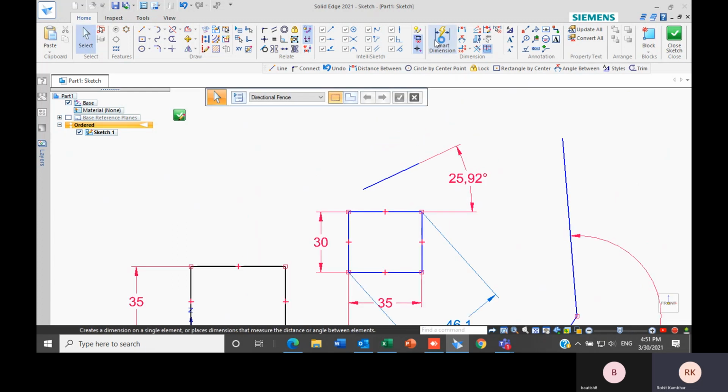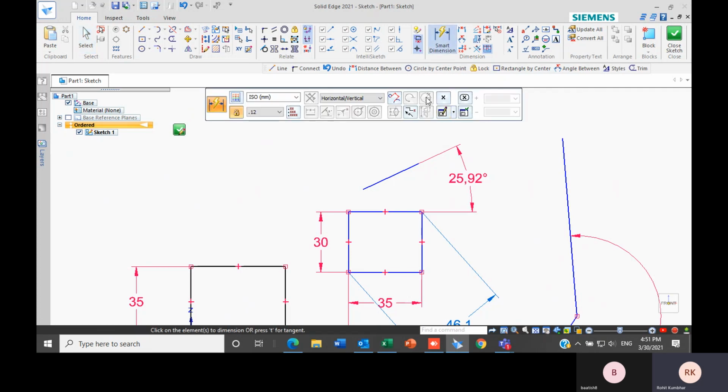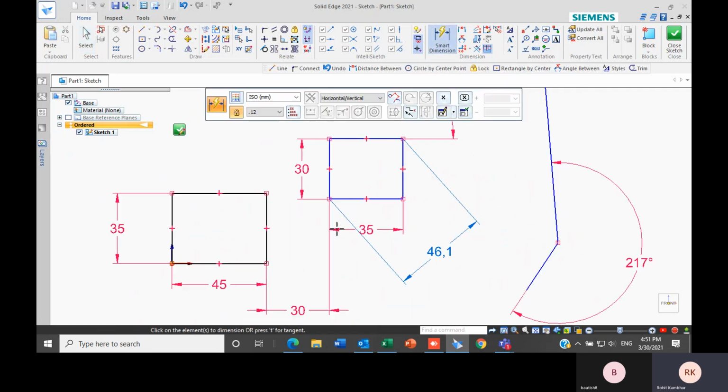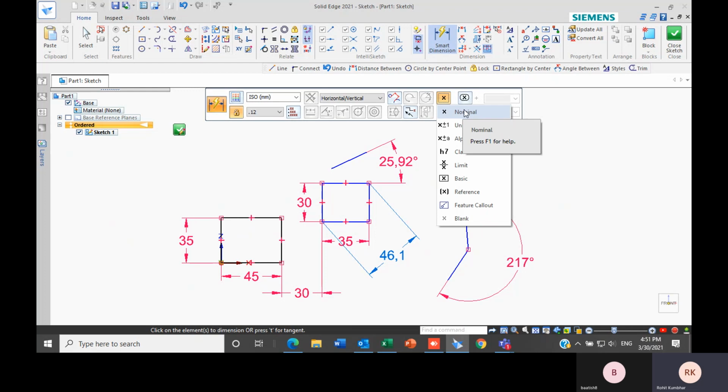So this one is about smart dimensions, and in the dimensioning, as you can see here, all the dimensions I have given are nominal dimensions. If I want to change the dimension type, I can change that also. If previously it was nominal, I can change into unit tolerance, H1, H class.